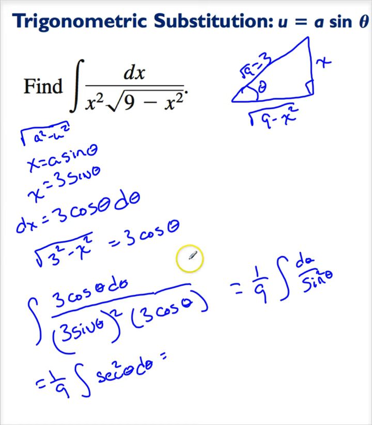Now, 1 over sine is cosecant. So the first thing you're going to do is correct the integral. So let me undo this. It's 1/9 the integral of cosecant squared theta d theta. The integral of cosecant squared is, of course, minus cotangent theta